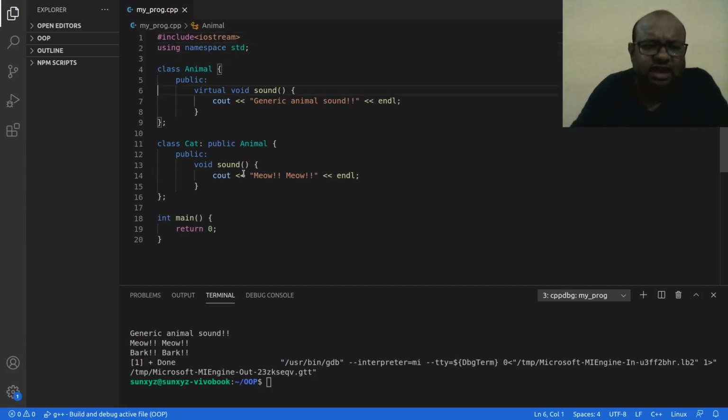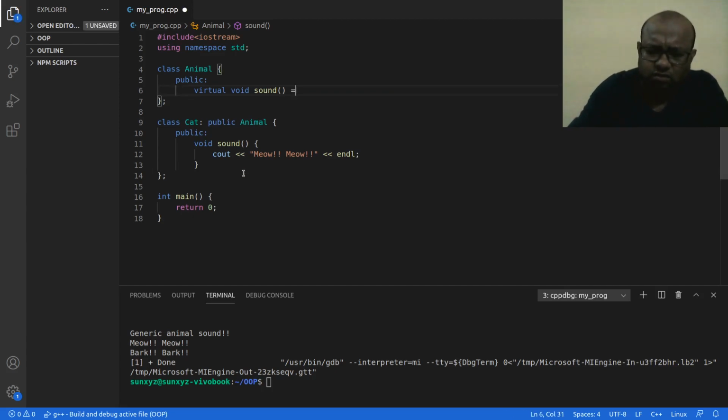So in my animal class, this sound function does not really do anything, right? This sound function I do not really need. So I am going to write this.